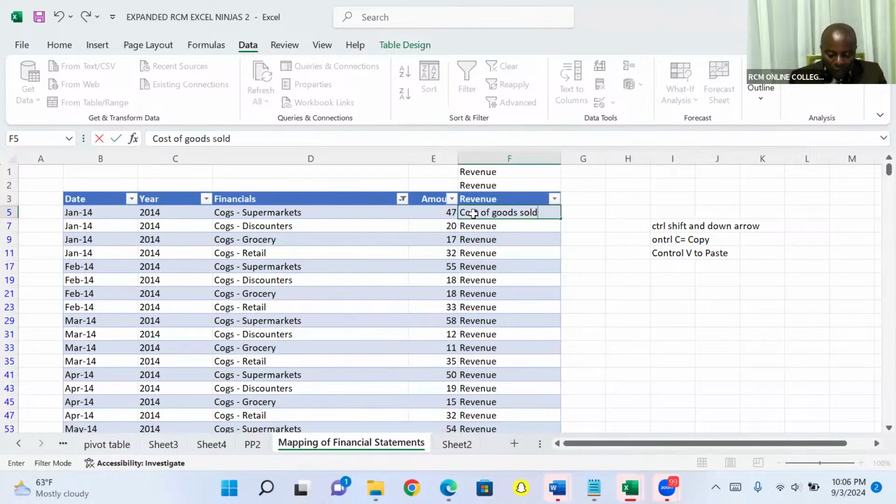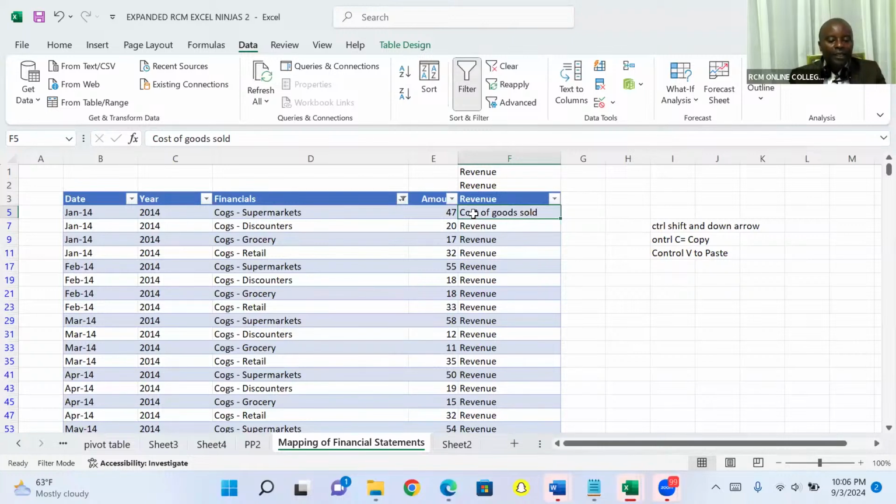And then you say Control Enter. And now you copy the cost of goods sold. Copy it up. How do we copy it? We say Control C. Once you say Control C, ladies and gentlemen,